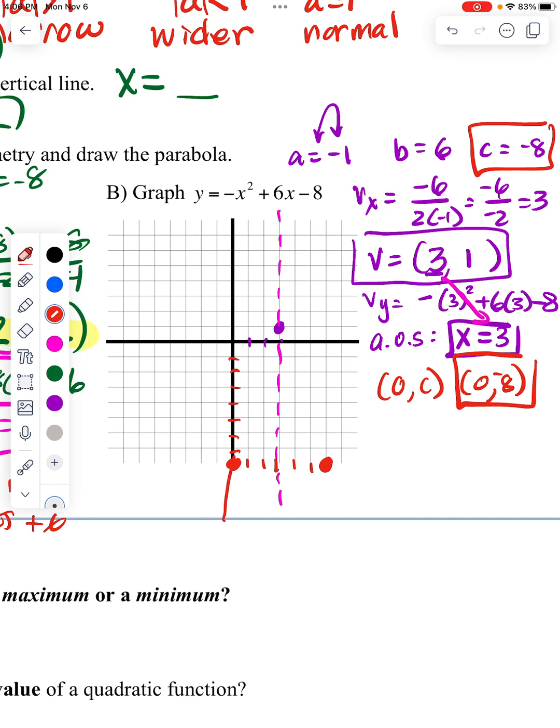So then when I go up through here, hit the vertex, turn around and come back down, now I'm looking at what I expected, a parabola that's opening down because a was negative. It's not really wide or narrow because it was a 1. So the value of my